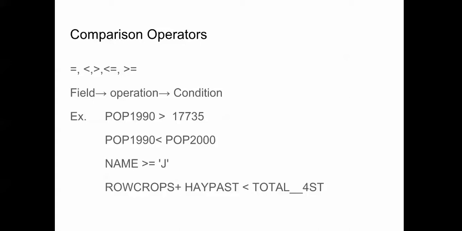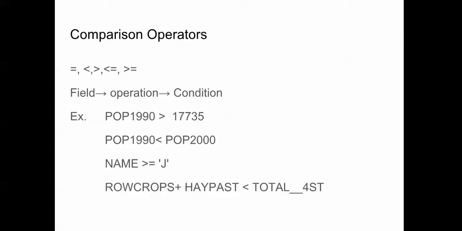But we could also compare two fields. Population in 1990 is less than the population in 2000. Or we can use comparison operators in a sense to alphabetize, to select a subgroup of a text field based on the order. So if you imagine the names of counties and we say we want the names of counties that begin with J or later in the alphabet. So again, J through Z would be greater than or equal to J. If we wanted J through A, in other words, or A through J, then we would say less than or